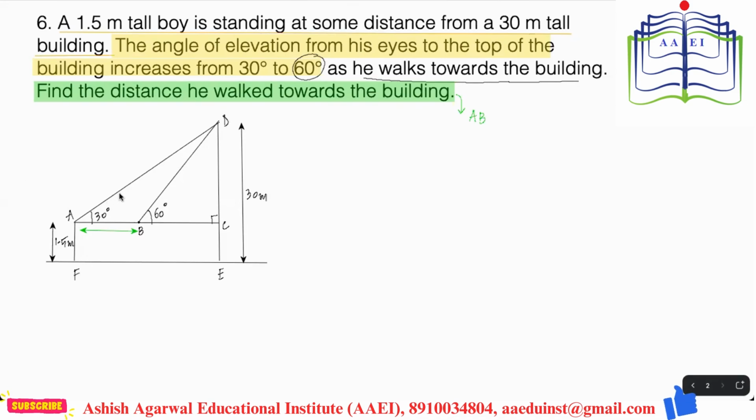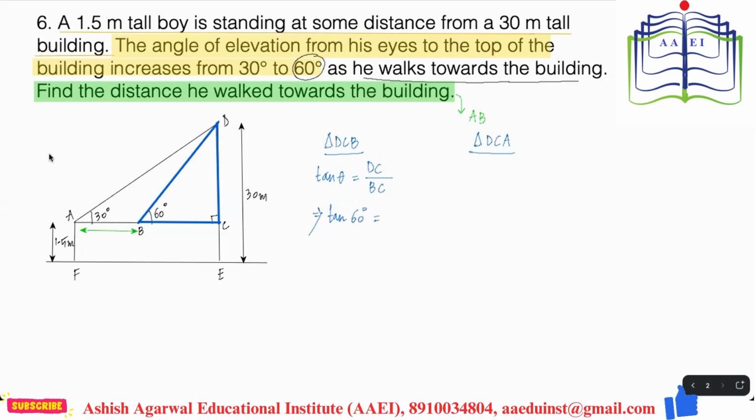If we name the right angle triangles, I can see there are two right angle triangles. First one is DCB and the second right angle triangle is DCA. So I'll highlight those figures for you. The first triangle is DCB. This is the figure we are talking about. In this figure, the angle is 60 degree. So first we write the formula tan theta. Tan theta is perpendicular, which is DC, by base, that is BC. So tan theta, that is theta, we will take 60 degree.